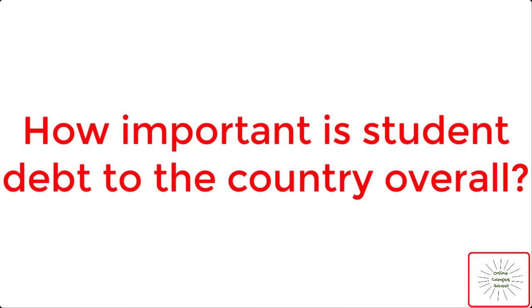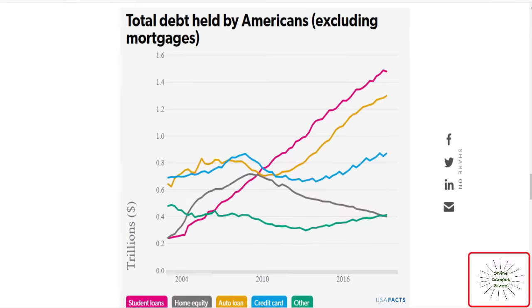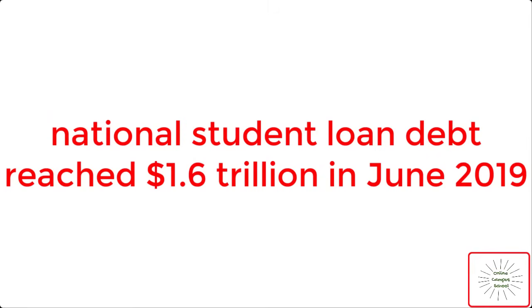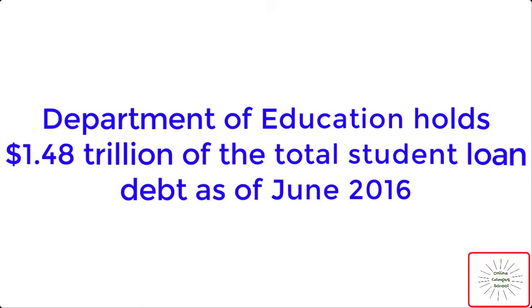So the next one is how important is student debt to the country overall. So you can clearly see in the graph total debt held by Americans excluding mortgages. The Federal Reserve estimates that national student loan debt reached 1.6 trillion in June 2019. The Department of Education holds 1.48 trillion of the total student loan debt as of June 2016. However, it's also useful to understand the size of student debt in comparison to other forms of debt Americans